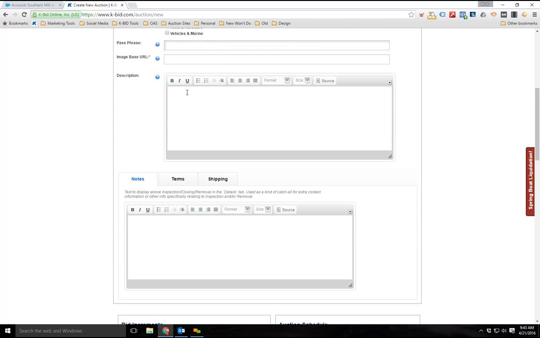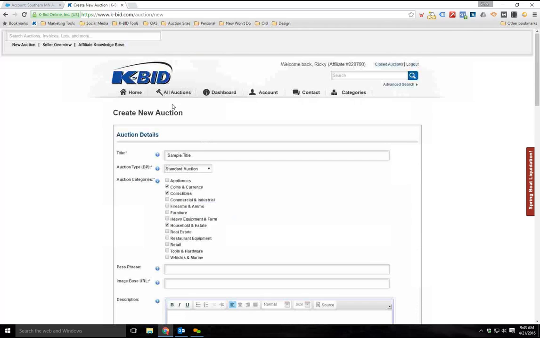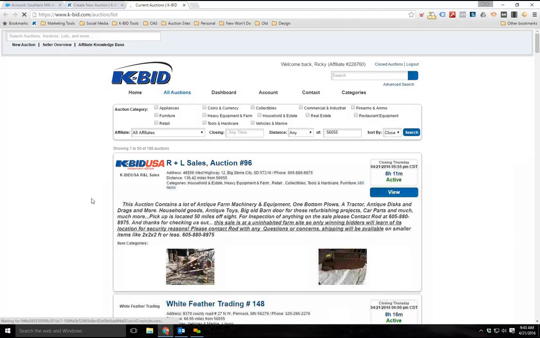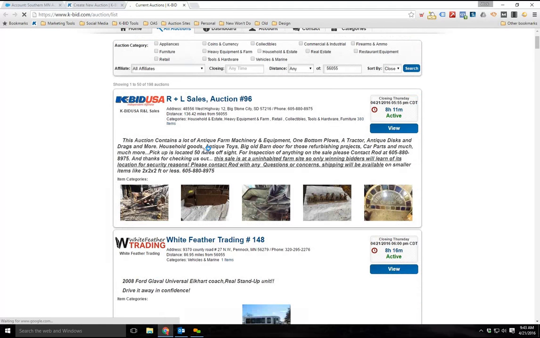And we'll jump down to the description. This is the description of the auction, or a basic synopsis of what this auction is. If I jump to the all auctions list, I'll show you some examples of that. Here's one. Contains a lot of antique farm machinery equipment, 1 bottom plow, tractor. I don't think you really need to list everything, but if you can give a general overview of what people can expect once they get into the auction,